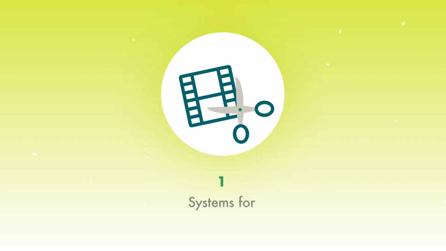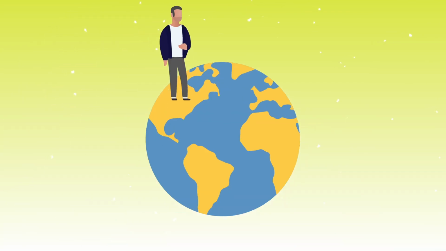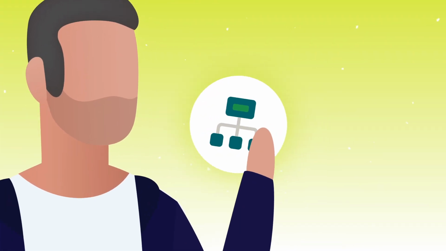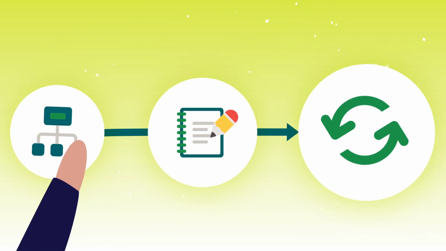From there, we have systems in place to handle the editing, the repurposing, and the promoting online, which causes us to appear all over the web and gets our competitors to go, "Man, Owen, how did you do that?" As a business owner or marketer, you should be all about systems and creating videos systematically. And so the content system I'm gonna show you right now starts with planning the video and takes you all the way to repurposing the video.